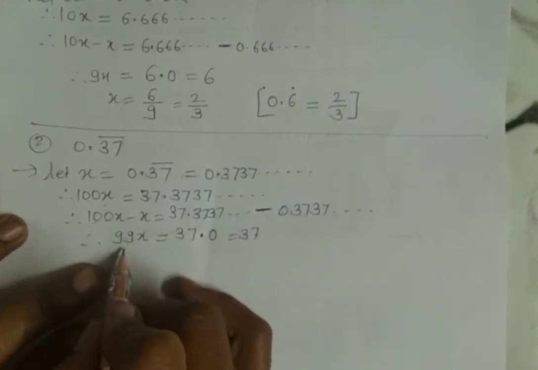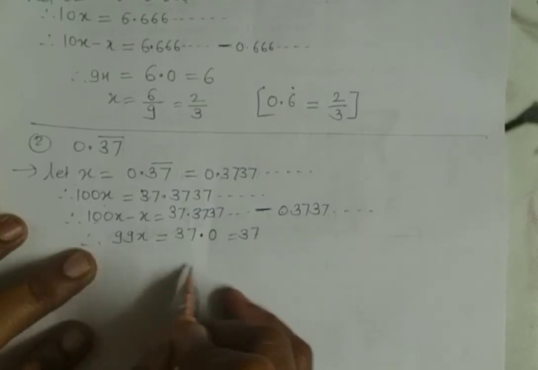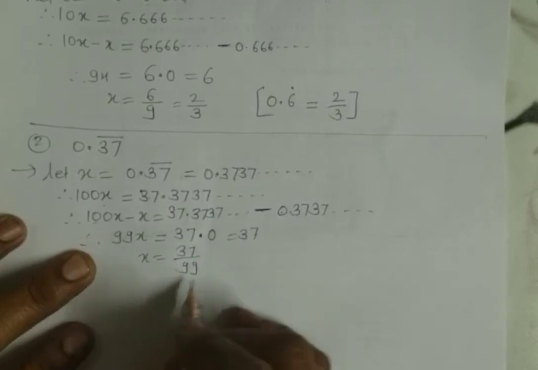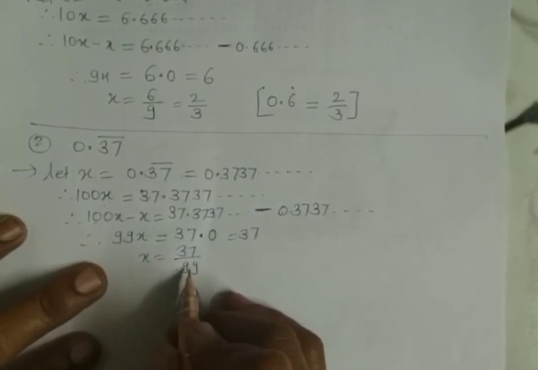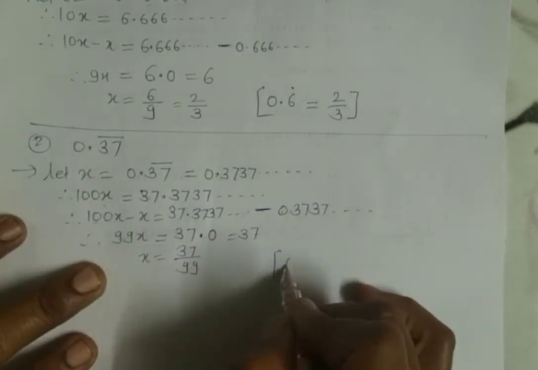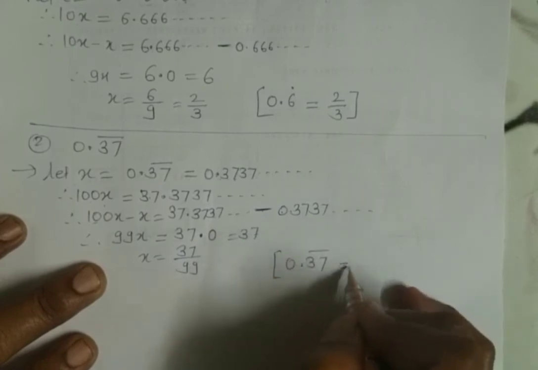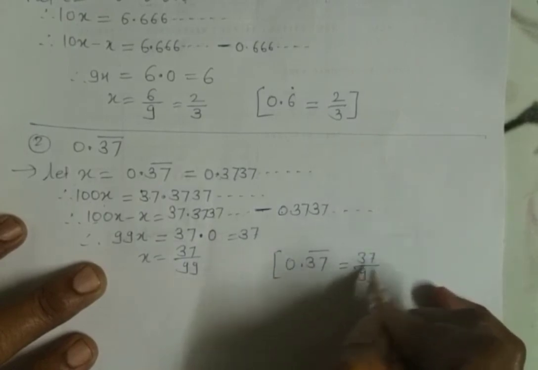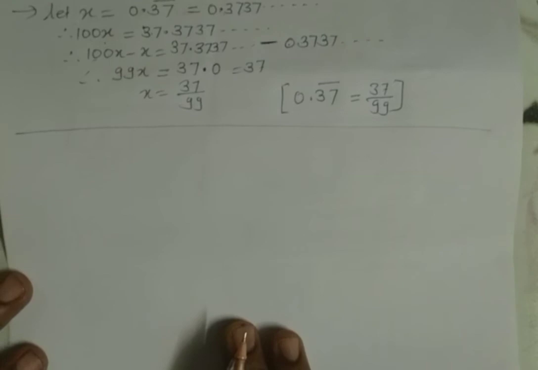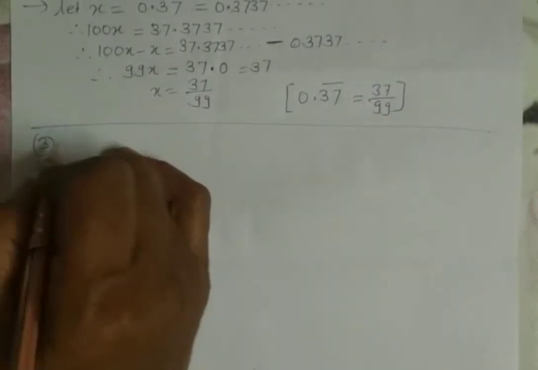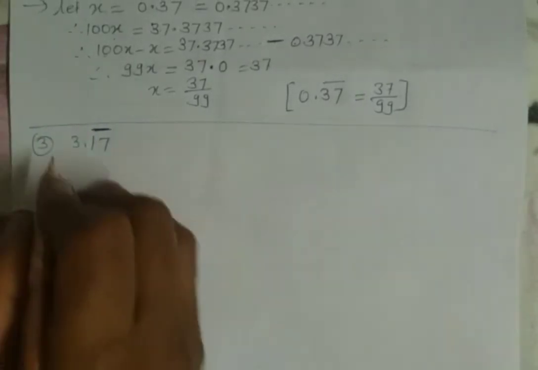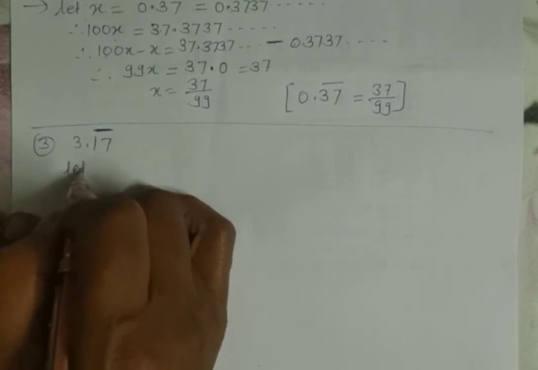Now this 99 is multiplying, so transferring it to the right side it becomes divide, so x is equal to 37 upon 99. This decimal form is converted into P upon Q form. We can write the answer: 0 point recurring 37 is equal to 37 upon 99, and this is the second example. Now we are going to solve the third example, 3.17 recurring. Same way, let us assume x is equal to